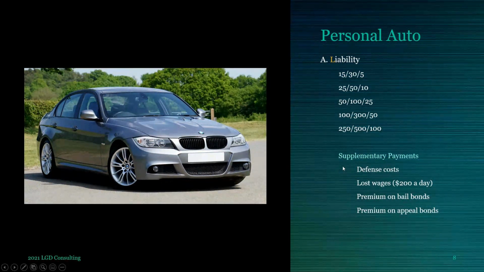And along with that comes lost wages. If we need you to take some time off from work to help us with this case, we can pay you up to $200 a day lost wages to assist us. You know, take pictures of the accident scene, maybe blow it up for poster form for the jury when we go to court, whatever it may be. They'll reimburse that. If they need you to get a bail bond, you get the bond, they'll reimburse you up to a certain amount.